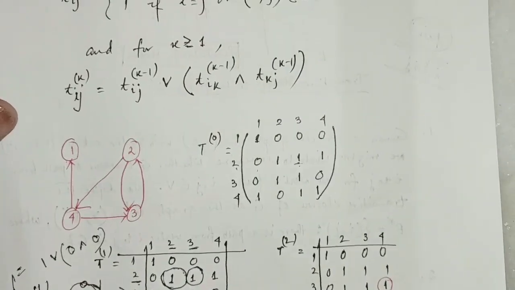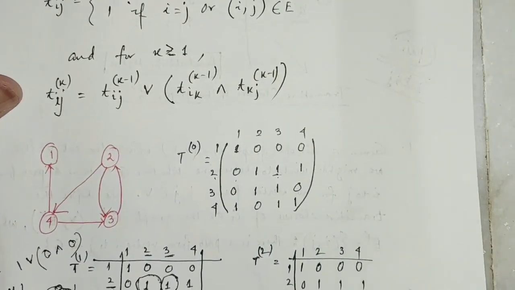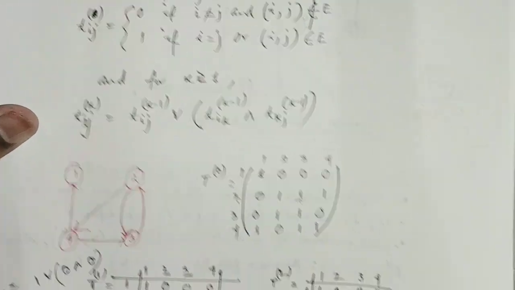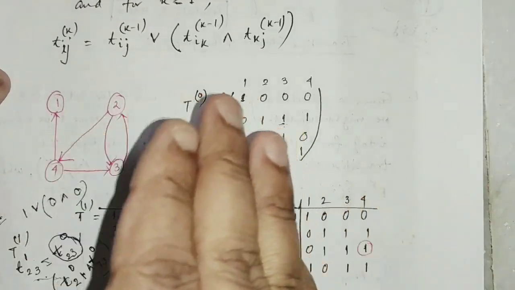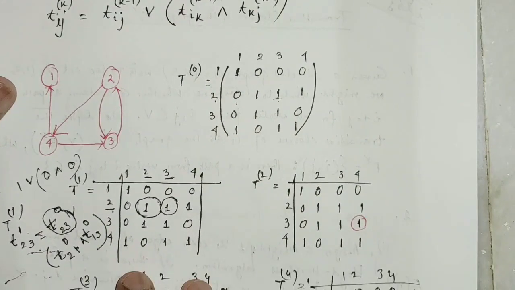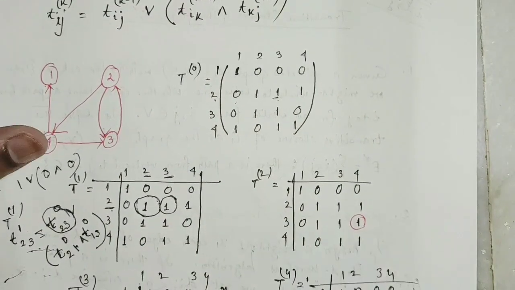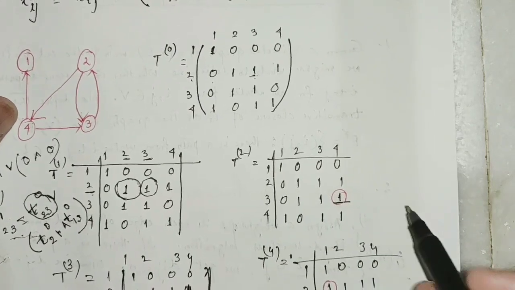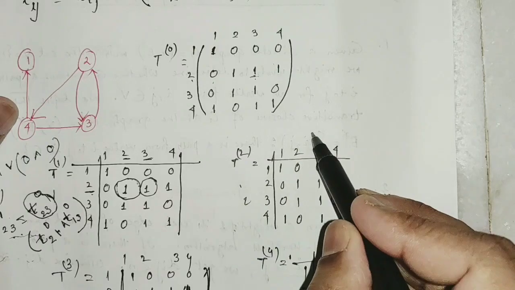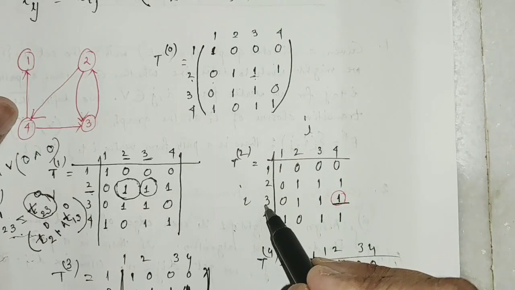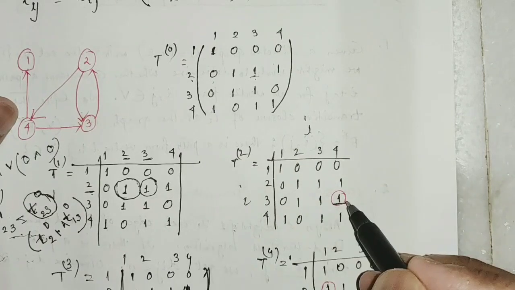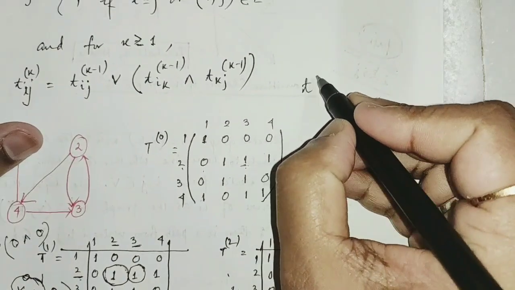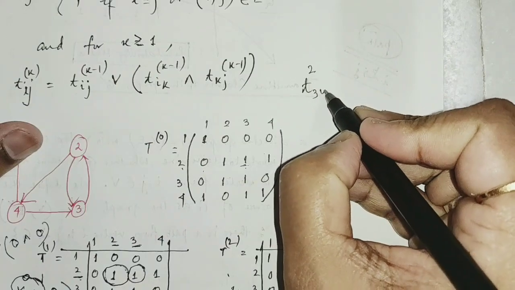Okay, so this is the recurrence. You can calculate T0 from the definition, then you can put the formula here, that is the recurrence relation, and to calculate T1, then T1 will help to calculate T2. So just for curiosity you can calculate this cell. So it is I, it is J, so actually you are calculating T2 of 3, 4. So let me calculate. I am calculating T2 of 3 to 4.